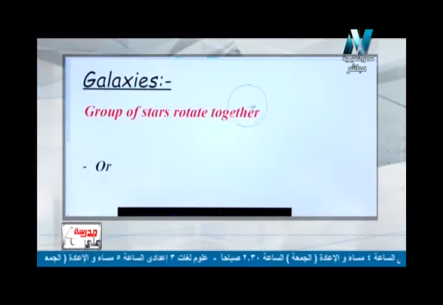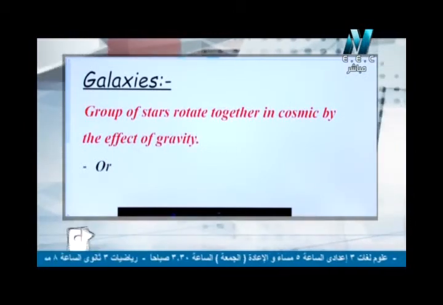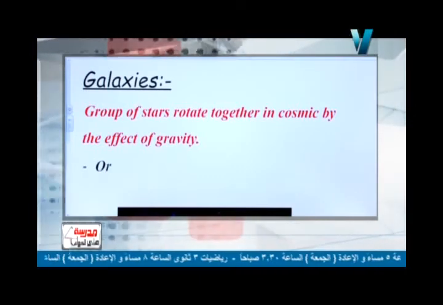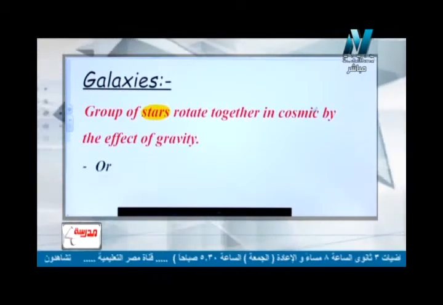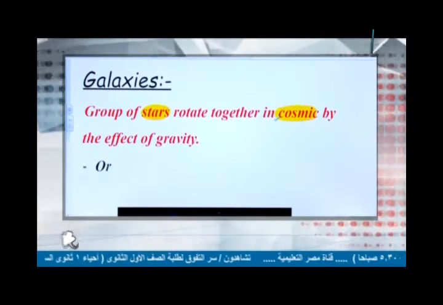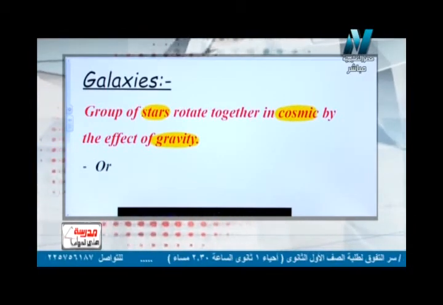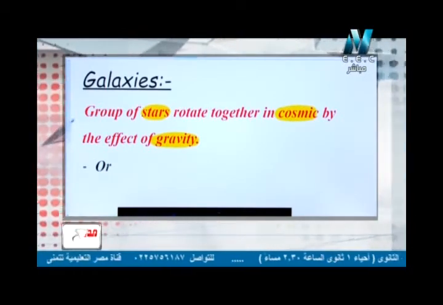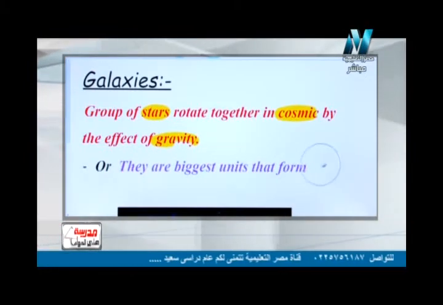So galaxies is what? As you see here, galaxies are group of stars rotate together in cosmic by the effect of gravity. يعني هي طبعا group of stars، مجموعة من النجوم rotate together or gathering، اتجمعت in cosmic. cosmic يعني الفضاء الكوني أو السبيس, by the effect of gravity. Maybe we have another definition to the galaxy. As you see here, or they are the biggest unit that form